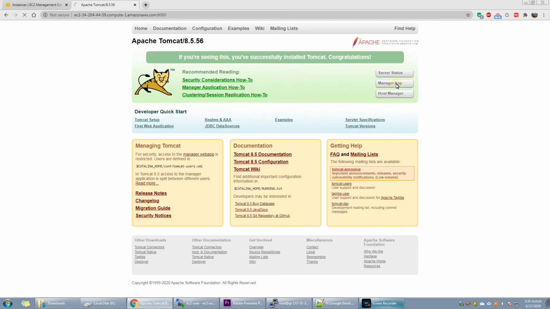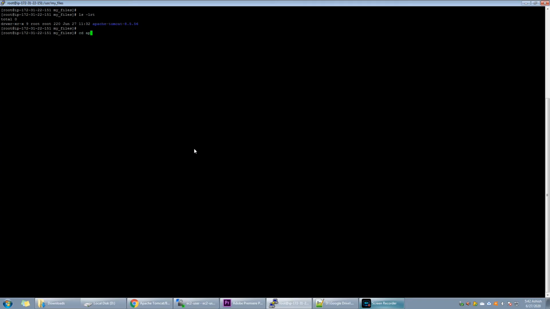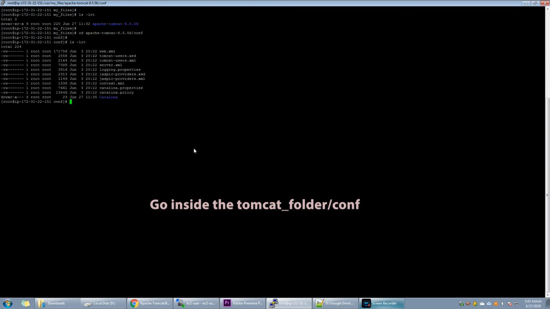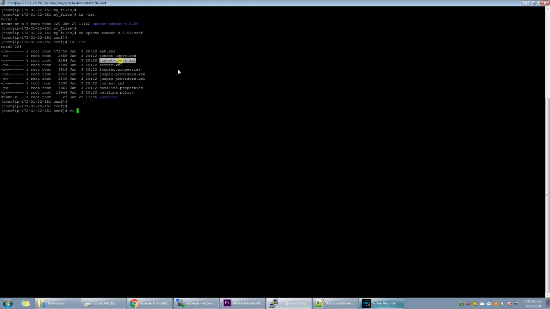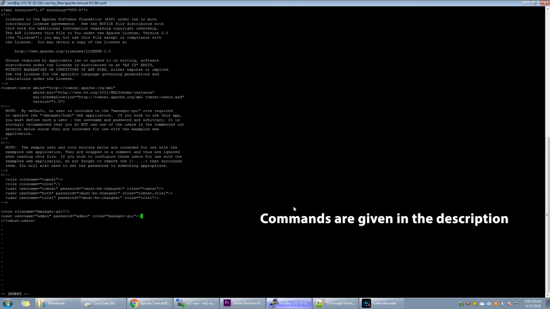In order to deploy our applications, we need access to this manager app. In order to get access to this manager app, we need to do some configuration changes. Now make changes to the configuration file tomcat-users.xml. Add this role entry to this file.